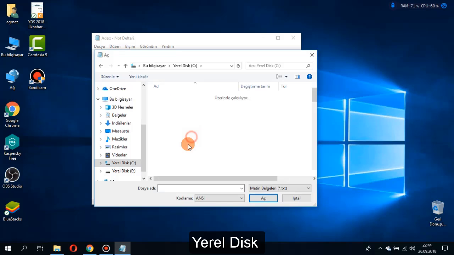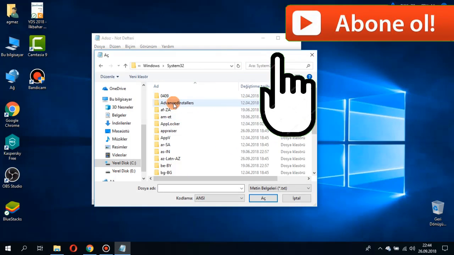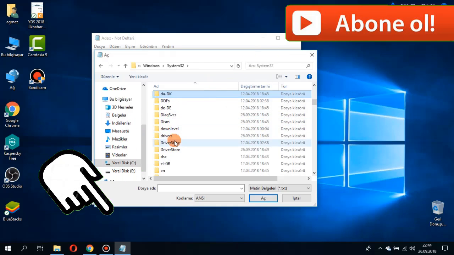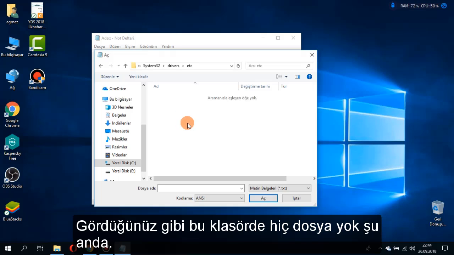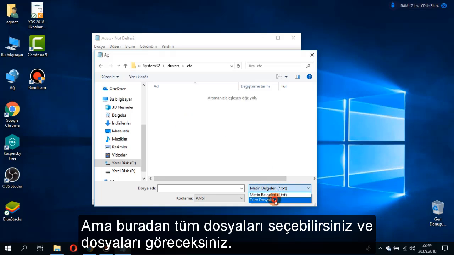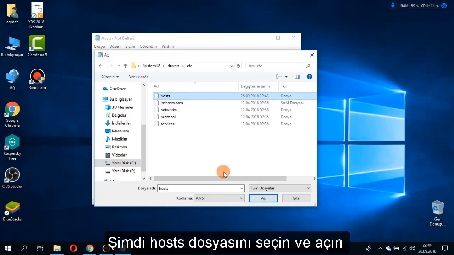Local Disk, Windows, System32. Click Drivers, etc. Now, as you can see, there is no file in this folder, but you can select all files from here and you will see the files now. Select hosts, open,